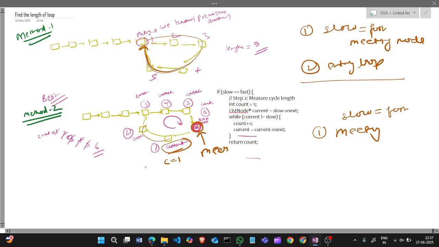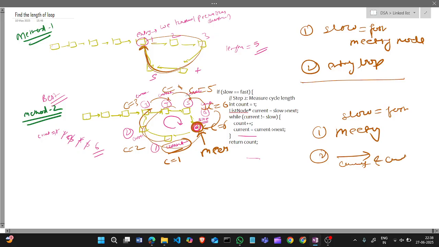Then current moves to this, count equals 2; current moves to this, count equals 3; then 4; then 5; then 6, and then current meets slow again. So this is 6. How many nodes are there? 6. In this way we can do it with the help of current and count, and we can find the number of nodes.